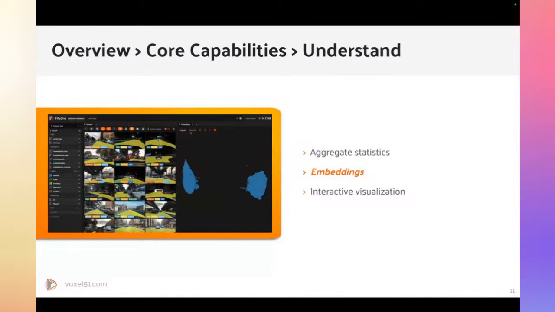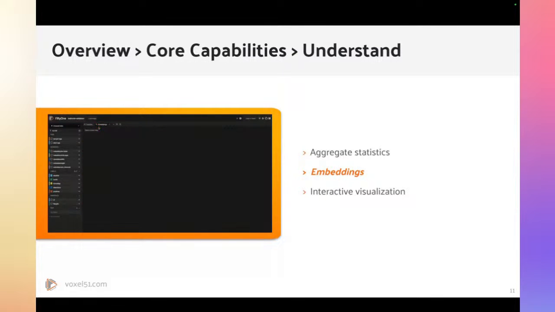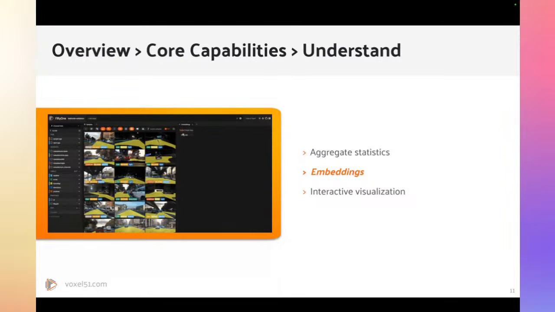So in this case, we're looking at the Berkeley Deep Drive dataset. We have 10,000 images here from the validation split. We have generated embeddings for them, and then we have dimensionally reduced them using a technique called UMAP. The details are not important here, but the important thing is that this gives us a sense for the structure. We can see this clustering of night and day samples, and that seems to be the main thing that the model picked up on here.